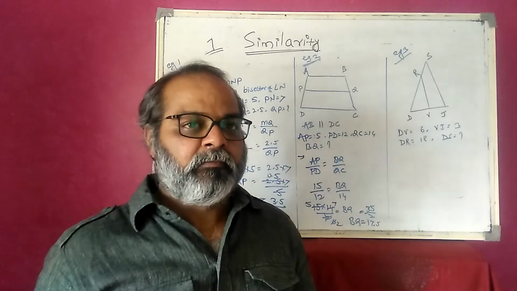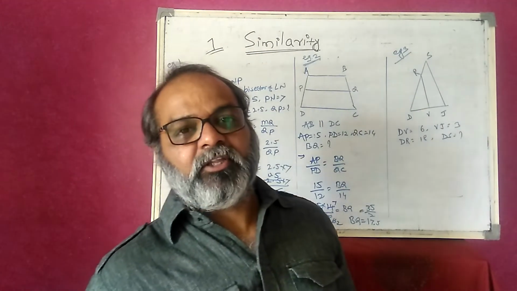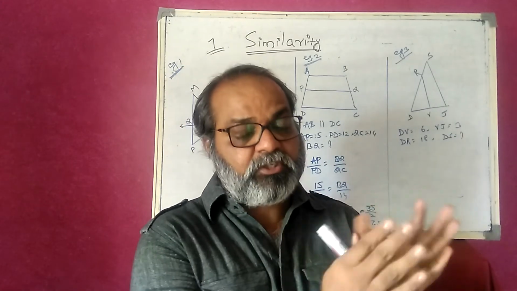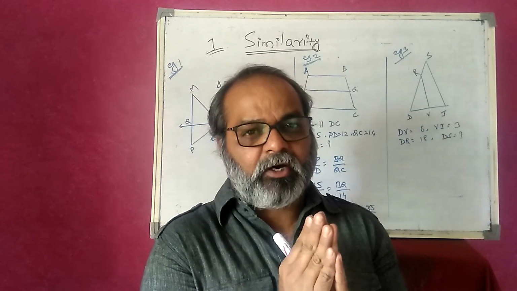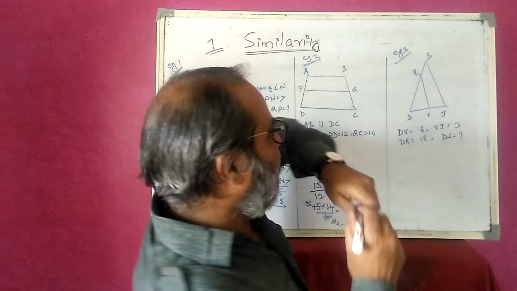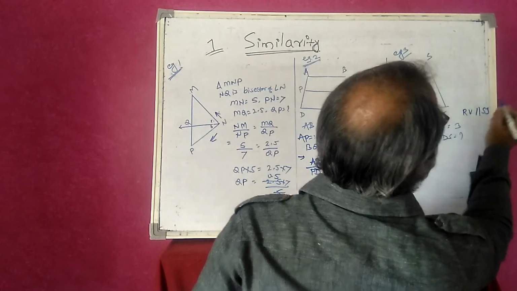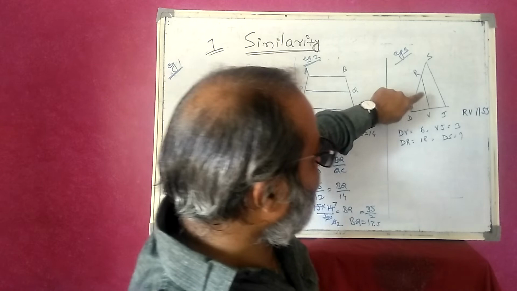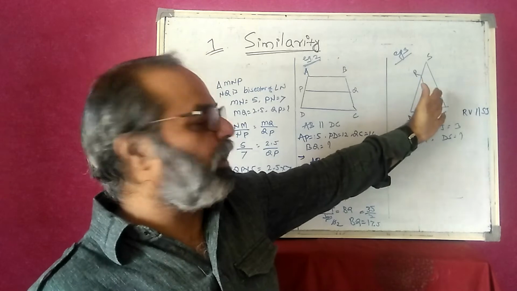Okay, let's go with example number 3. What the figure says, we are applying the BPT. It is very important to know, sometimes students may be confused about which theorem is applied on which figure. So just concentrate on the figure. What the theorem says and what the figure contains is very important. Here it is just missing to write that RV is parallel to SJ. Now RV is parallel to SJ. So when a line is parallel to the third side, we know the theorem of BPT. So you are applying BPT here.